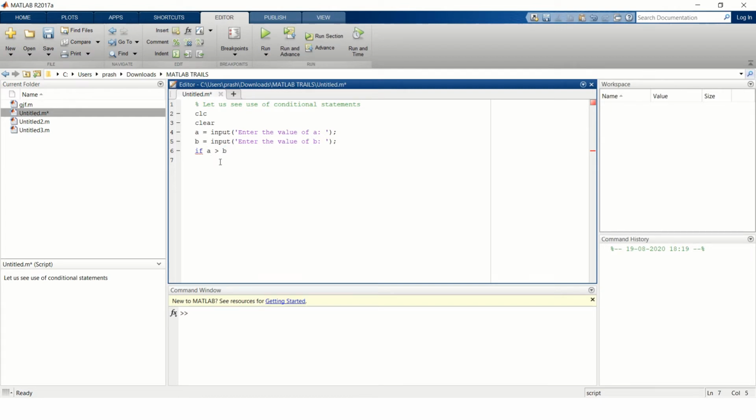For example, C equal to A divided by B, and we would like to display the value of C along with which one is greater.